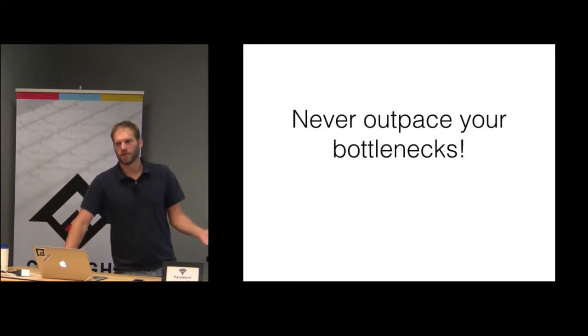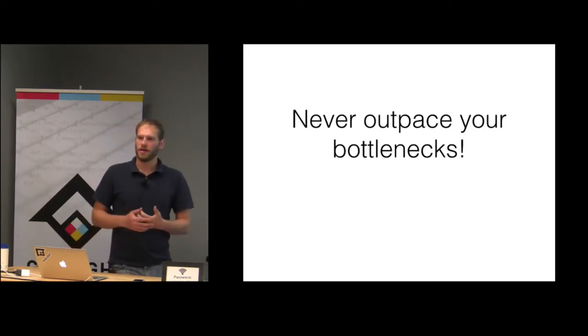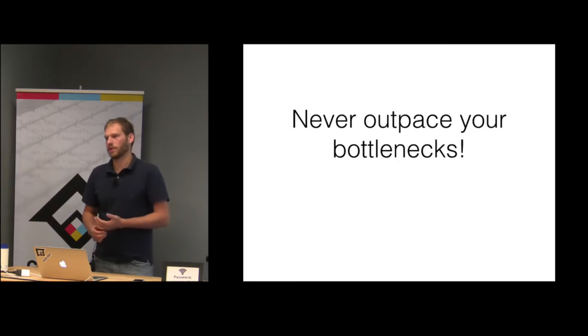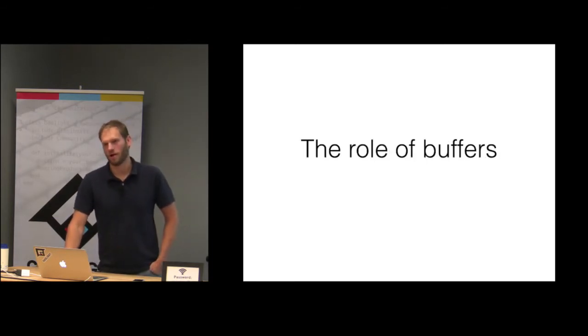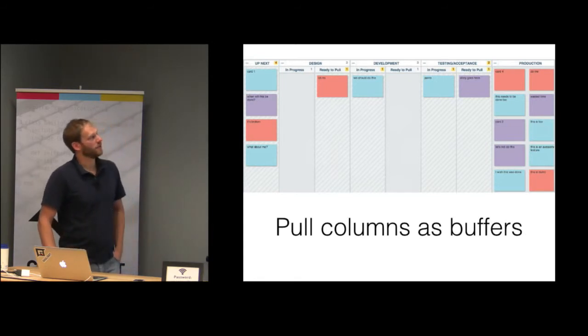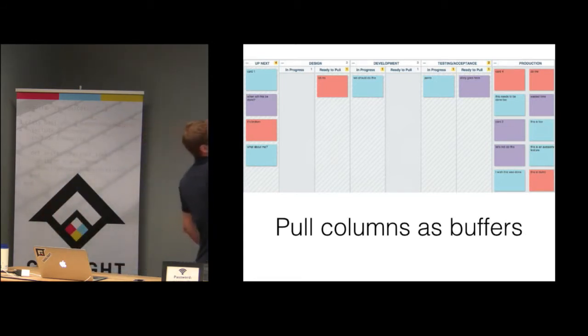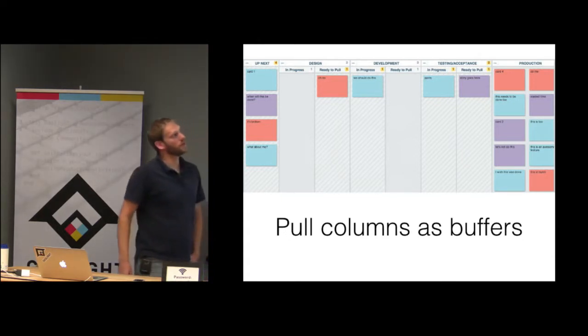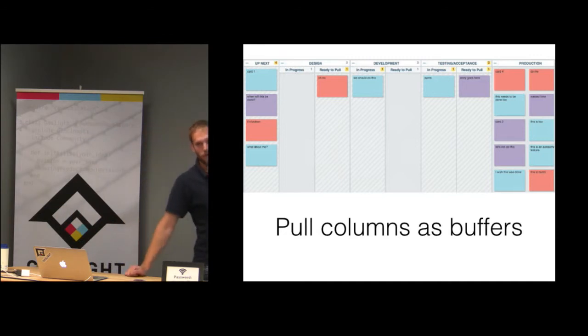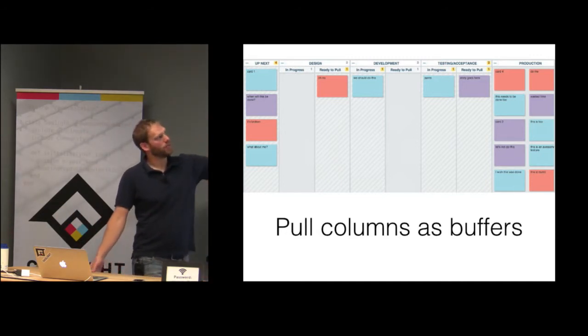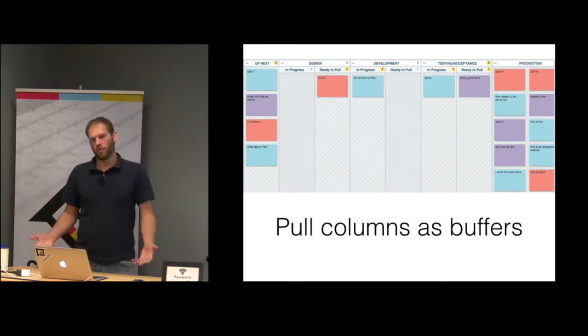Buffers are something we have a hard time seeing in our Trello boards. And actually, buffers are really pull columns. That's what they are, right? So this is a LeanKit board. And so I created in progress and ready to pull for each of these columns. If you think about it, in this ready to pull column, we were saying I'm done with this. You can pick it up whenever you're ready. And I have a WIP limit of 1 in each of these. That's what a pull column is, in a sense: it operates as a buffer.